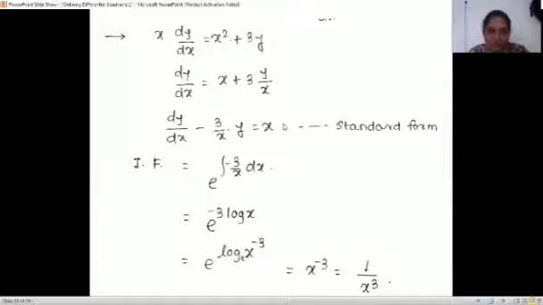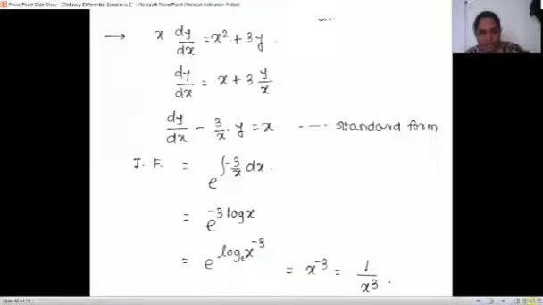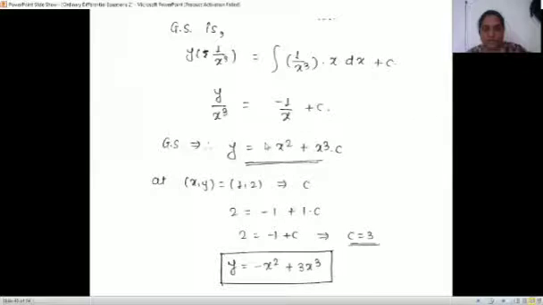And finally, how to write that? We have formula for that. Then the general solution is y into integrating factor 1 upon x cube is integration of q. q is our x. This is our q. So q into integrating factor 1 upon x cube dx plus c. And that is